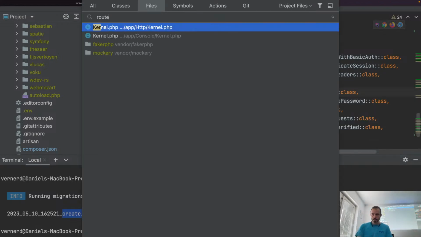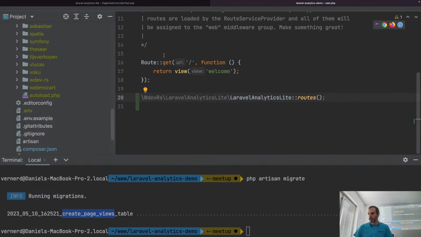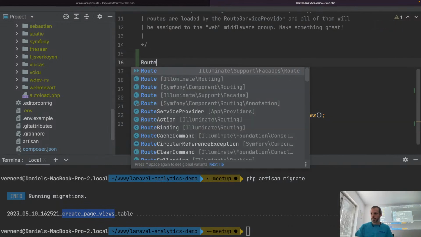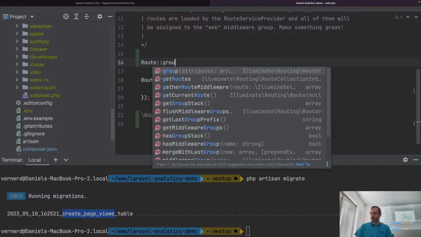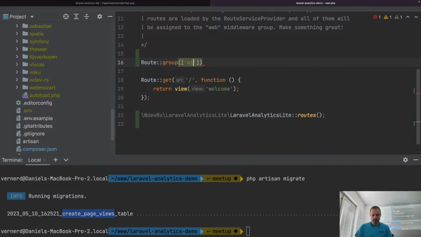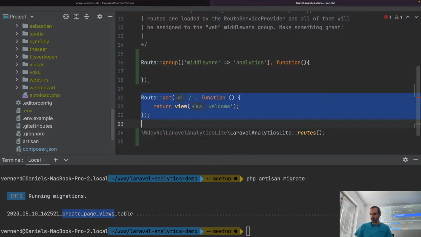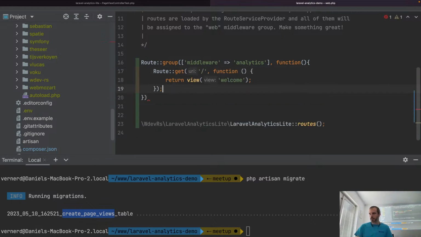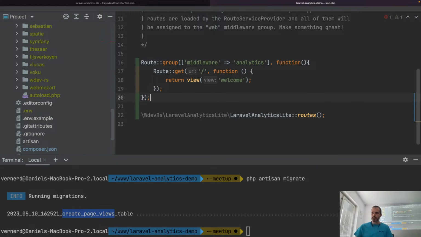And if we go back to our routes file, then we will create a group here and use our middleware here. Okay. And let's put in this group only the base route and exclude our package. And that's an example of what I told you, that it's more flexible this way, because you can then put your package routes wherever you want. So